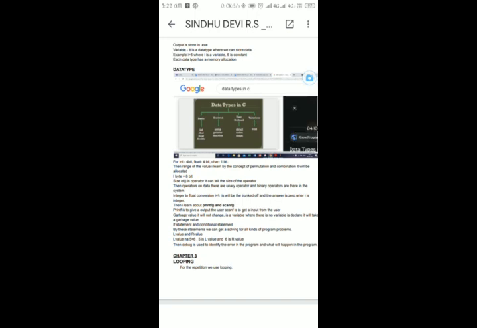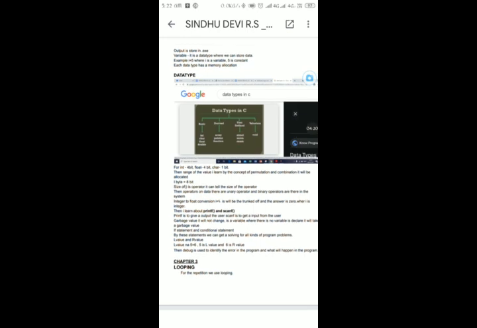Constant can be any of the basic data types, for example integer constant, floating constant, character constant. Range of value is based on the concept of permutation and combination. Permutation is a number of arrangements and combination is nothing but selections.